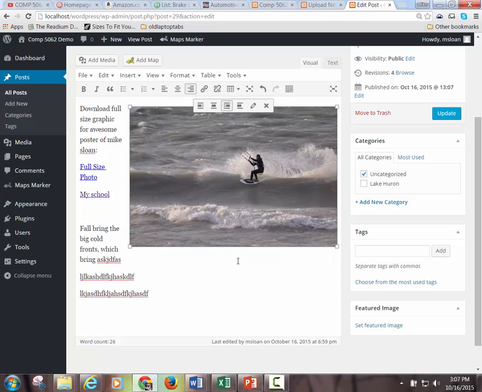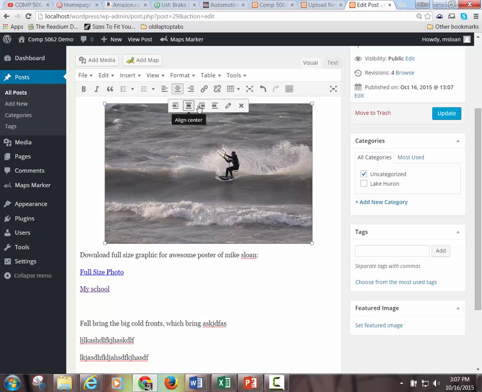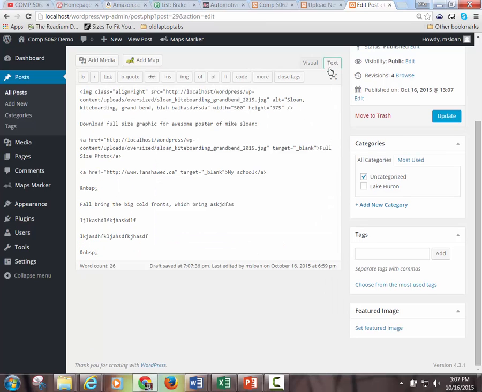And sometimes that looks a little slicker if you have it in the middle of like a blog posting that looks kind of like an article. You'd want it to be in line in your text. So these different options, if you hover over them, they tell you what they are, just like if you're in Excel and you're working, you don't know what something is. So it tells you align left, align center, align right, and then you can go into the text and see how it's changed the code, because in the code it should have, see,